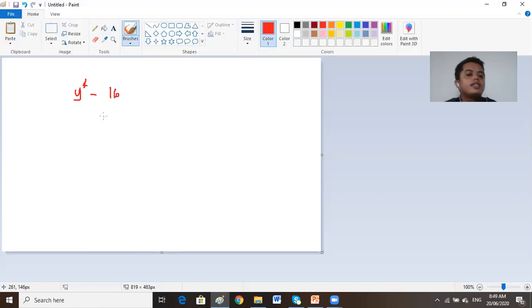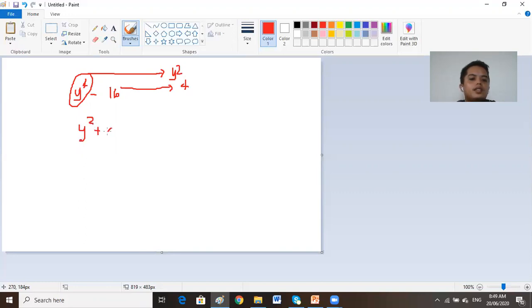Of course, you check first if this can be square rooted. The square root of y to the fourth is y squared, and for 16, the square root is 4. So therefore, the factors are y squared plus 4